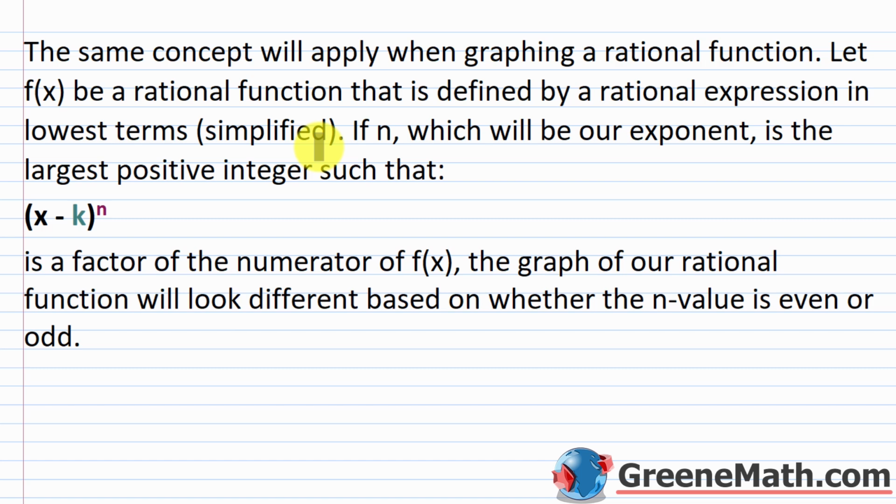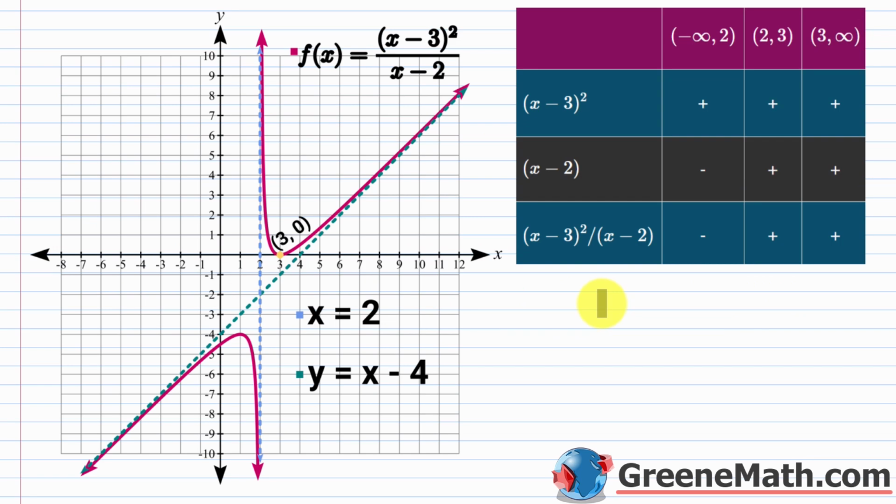So you won't have to worry about having a hole in the graph. If n, which will be our exponent, is the largest positive integer such that you have this (x minus k) quantity raised to the power of n, if that is a factor of the numerator of f of x, the graph of our rational function will look different based on whether the n value is even or odd. All right, so let's look at two examples of this, just so it makes sense,